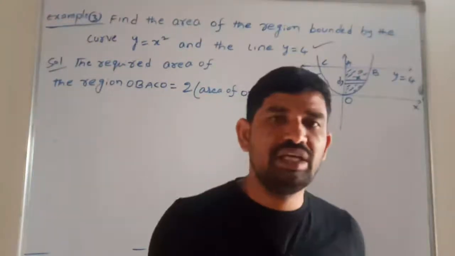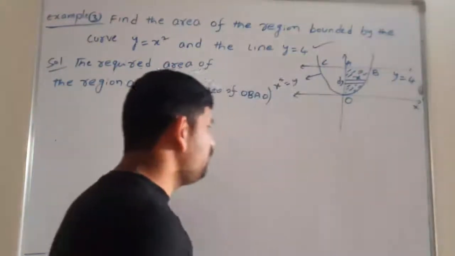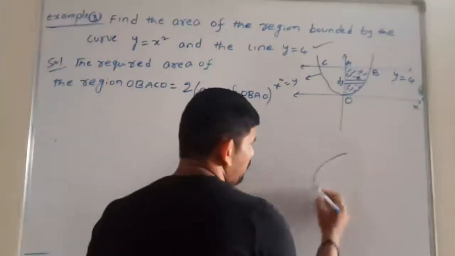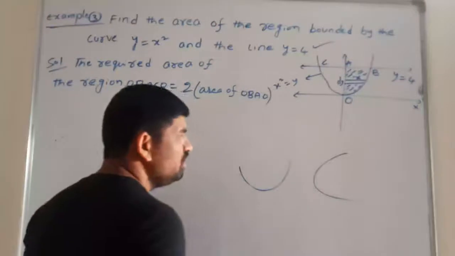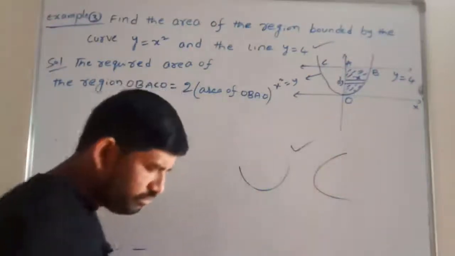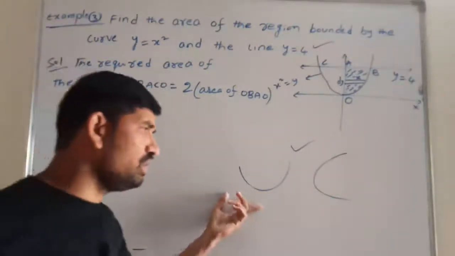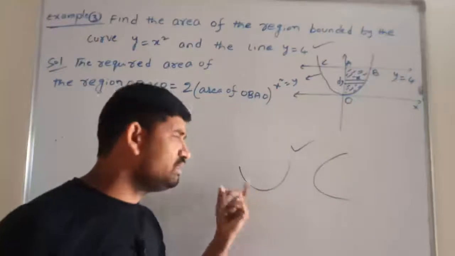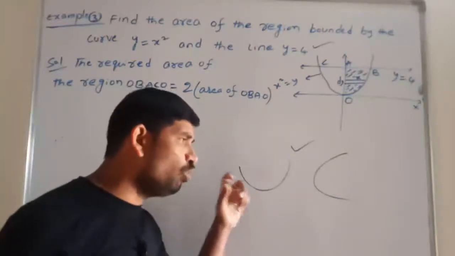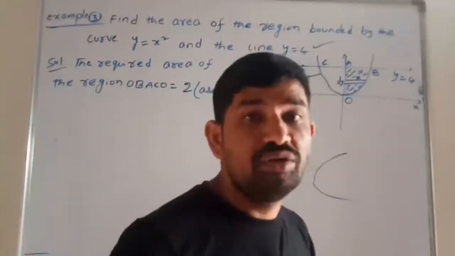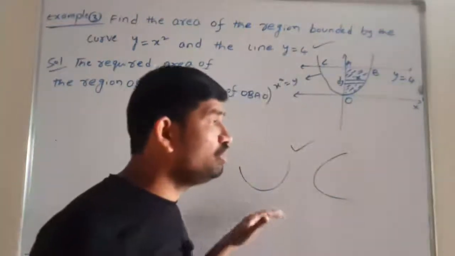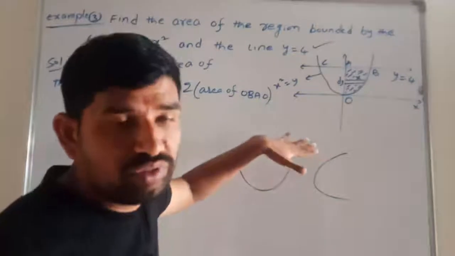Yes, we are finding the area of the enclosed part. But if you are taking this curve, say this is the parabola, is this a closed area or an enclosed curve? No, it is not a closed curve, this is an open curve. So if you are finding the area of an open curve, definitely they will give one more line or one more curve for us.